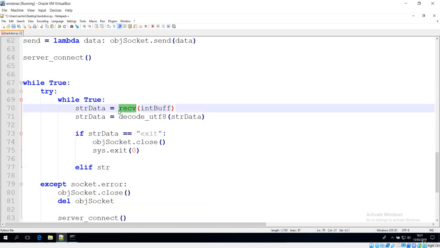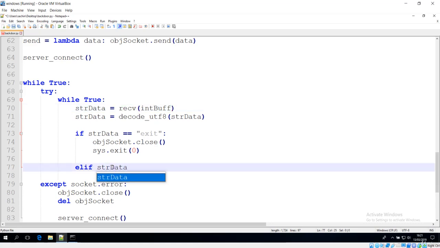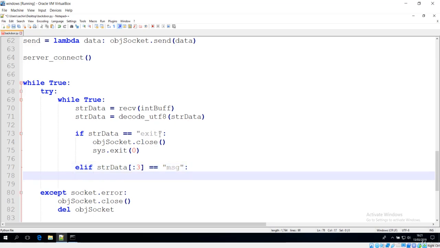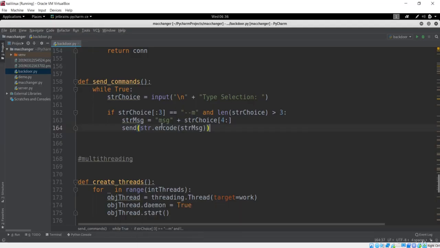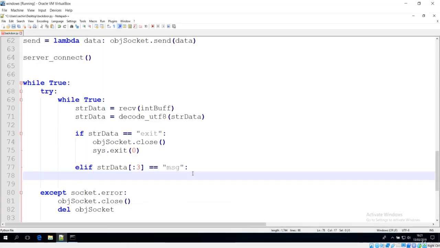because if you see here, this receive is going to receive the data from the server, and I'll just see if the data that is received is basically decoded over here. And after the decoding technique, if the message sent, we'll just slice that part, and if that is MSG, okay, it is MSG. So if you see in this server side, I have sent the message with this MSG as identifier. So this is going to just track if that is message or not. That is the logic over here.